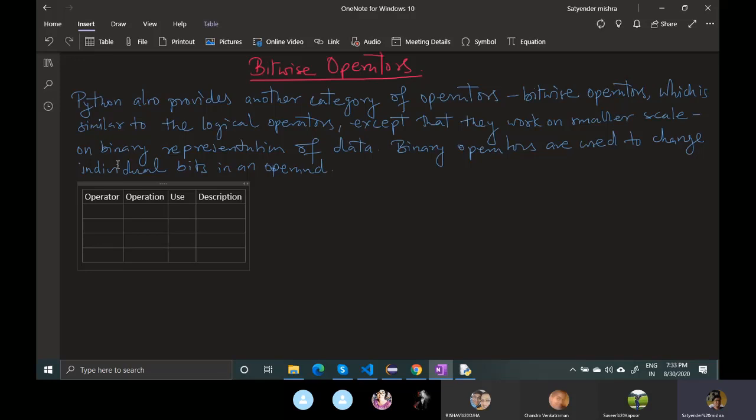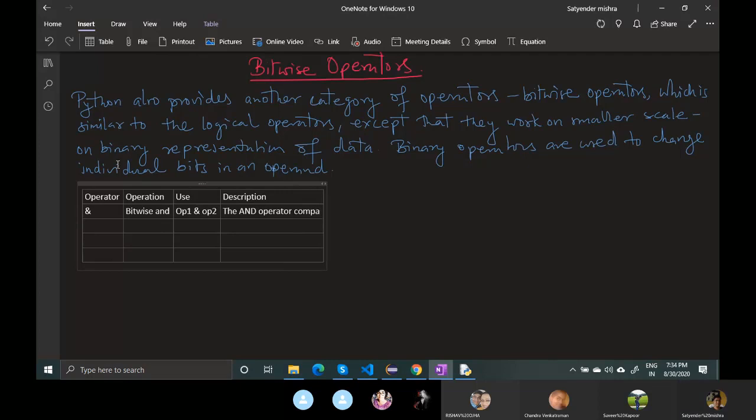The first operator is ampersand, that is the AND operator. So operation is bitwise AND, and use is operand 1 and operand 2, that is OP1 and OP2. Description: the AND operator